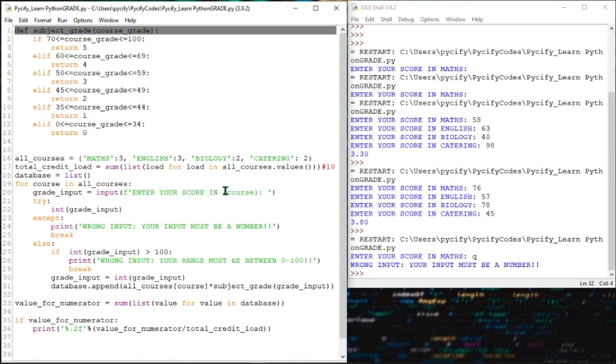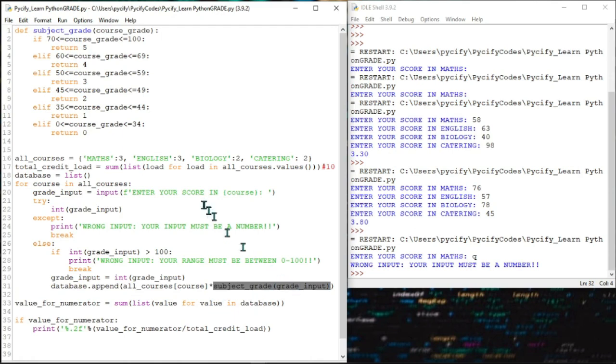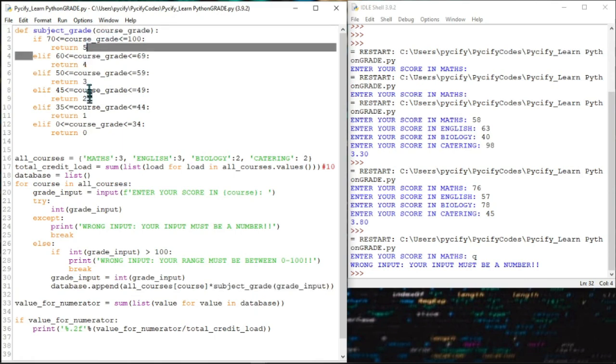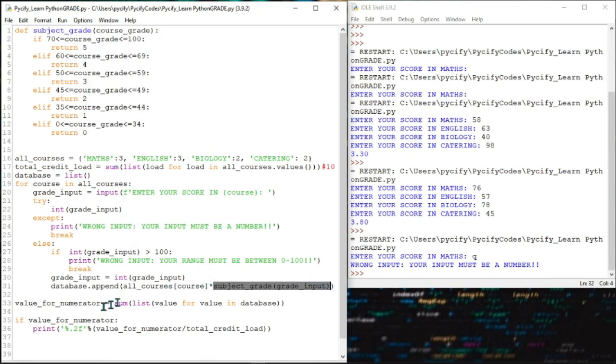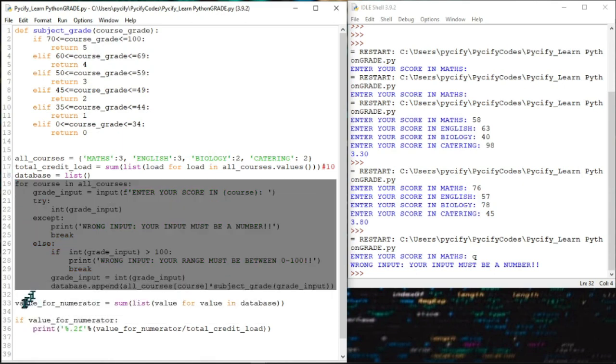This is subject grade. Okay, remember, the subject grade is a function that will take input. Then when it takes the input, it will return either 5, 4, 3, 2, 1, depending on what the user put. So if the user puts a number as a parameter here, it will now return either 5, 4, 3, 2, 1. So that is what will happen here. The returned number will be multiplied by the key, the instance of the key. Then at the end of the once the for loop gets executed, it moves on